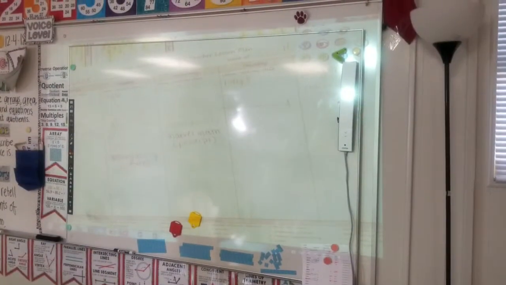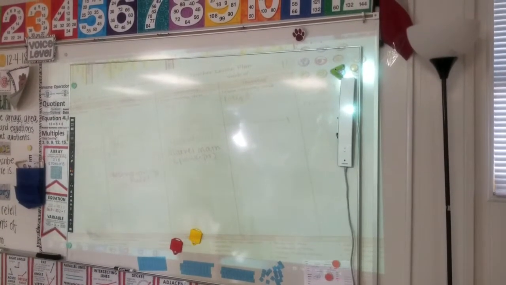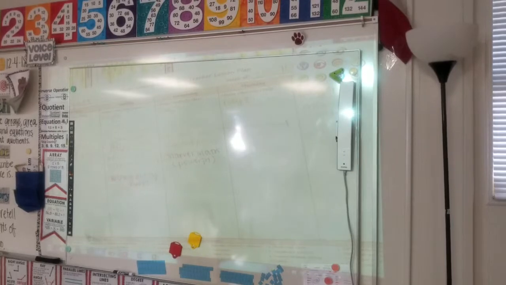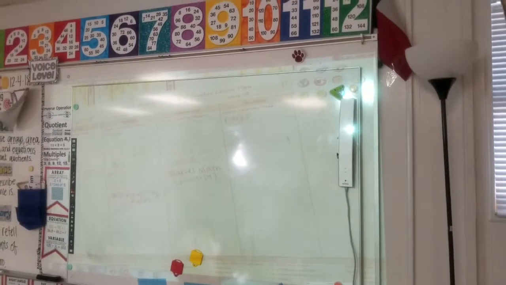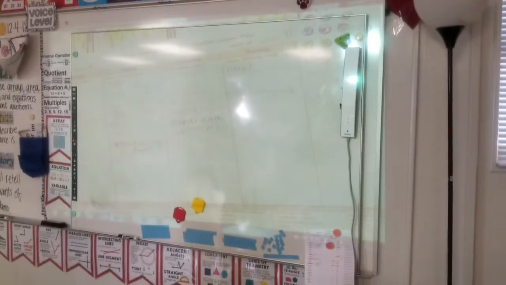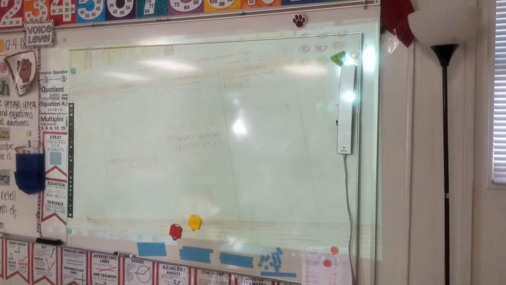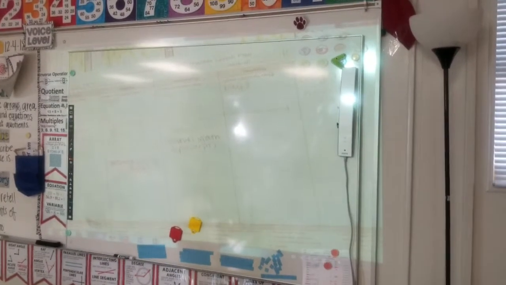And I think while we're showing these strategies, we need to be asking some questions. I wrote down one last time: How can arrays, area models, equations, strip diagrams, and other pictorial models aid in problem solving? How is